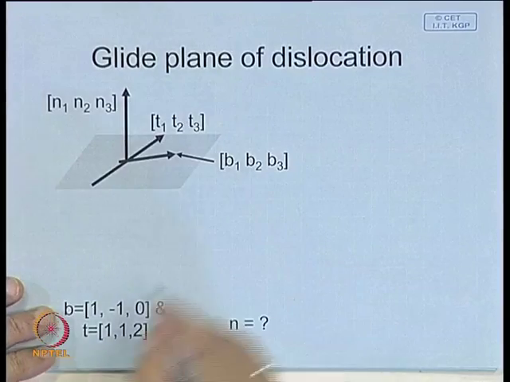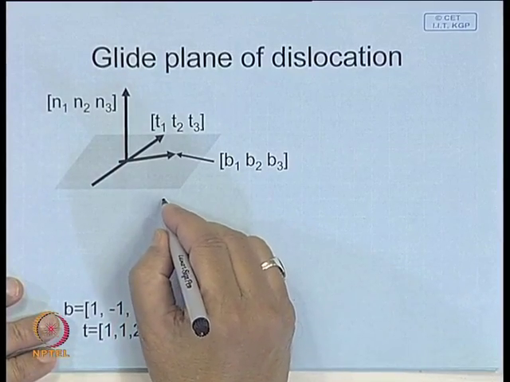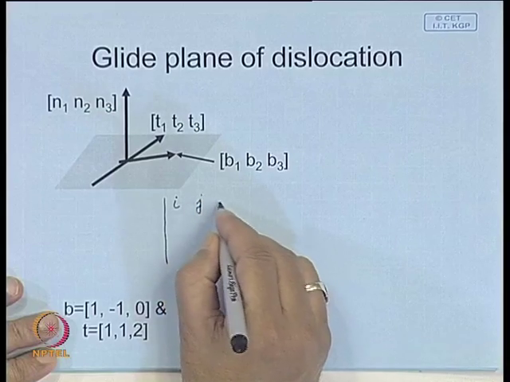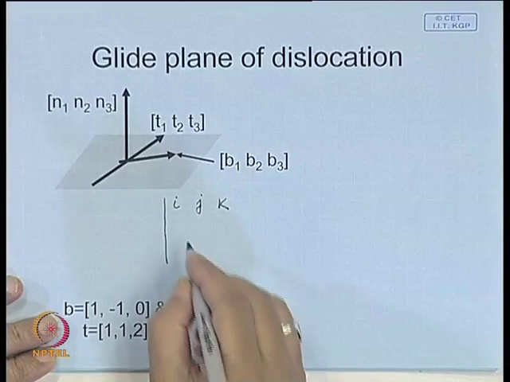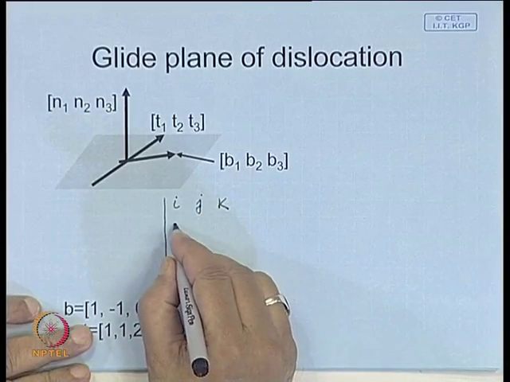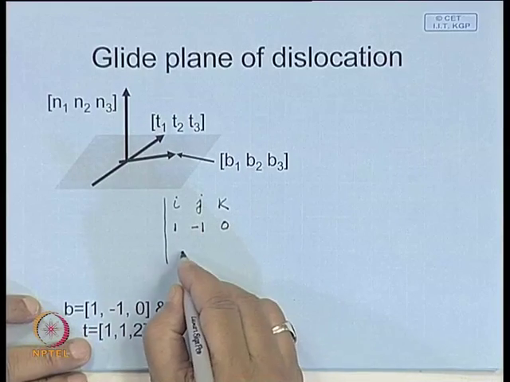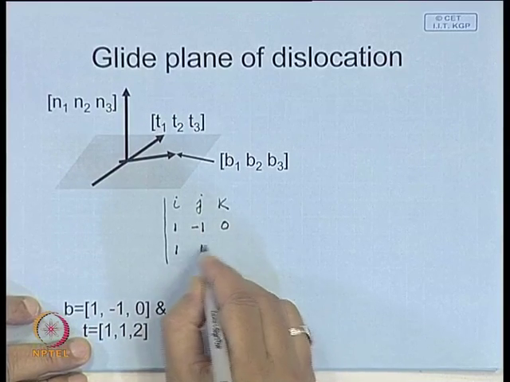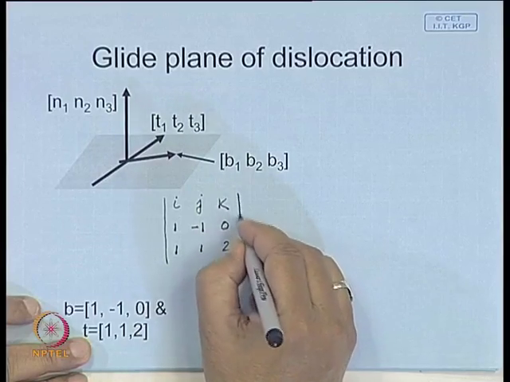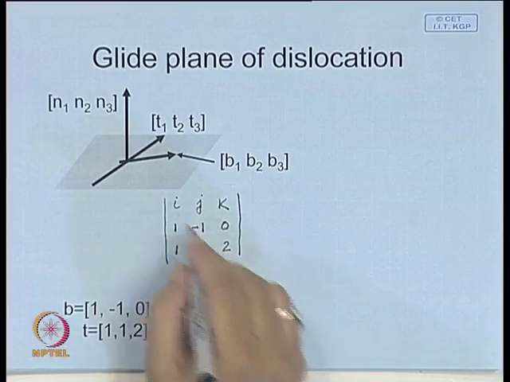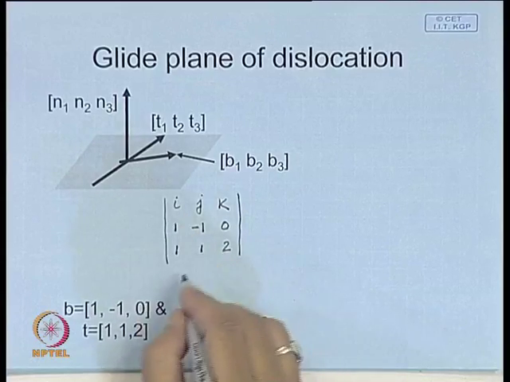If you write the determinant, basically what it comes is i, j, k, then 1 minus 1 0, next one is 1 1 2, and if you break this determinant, it will be